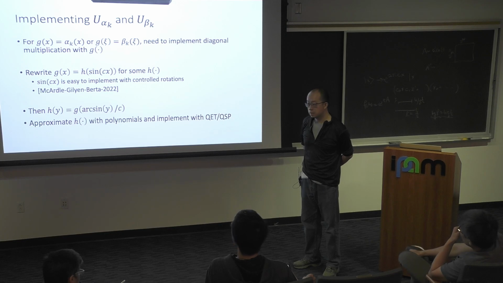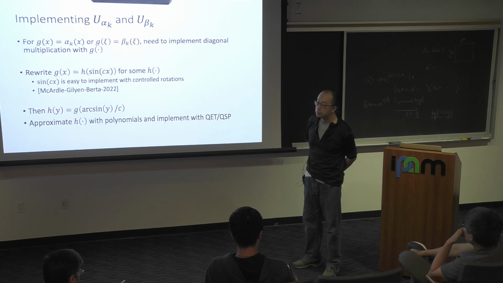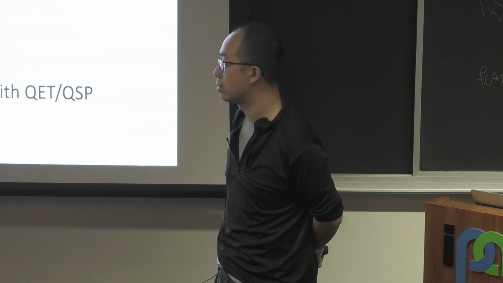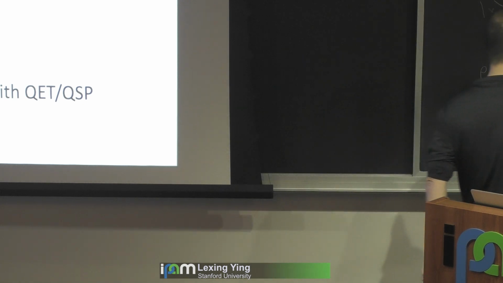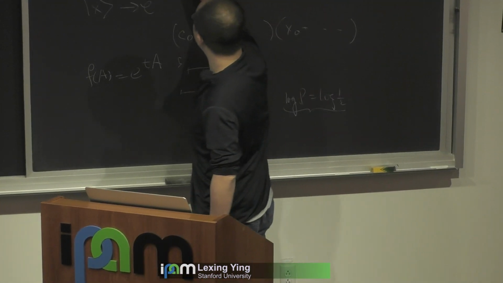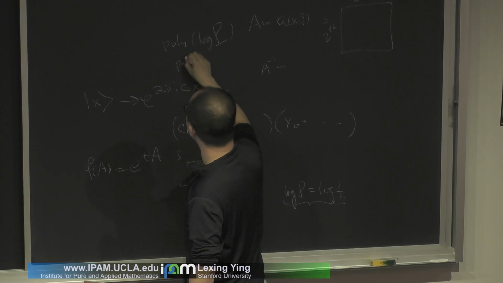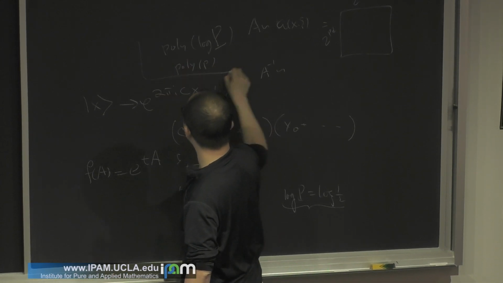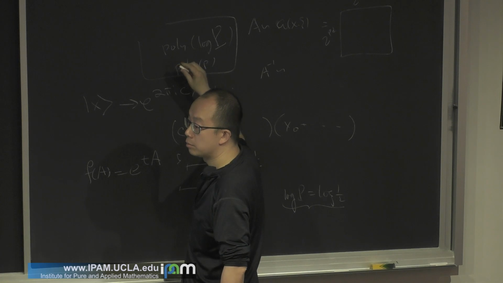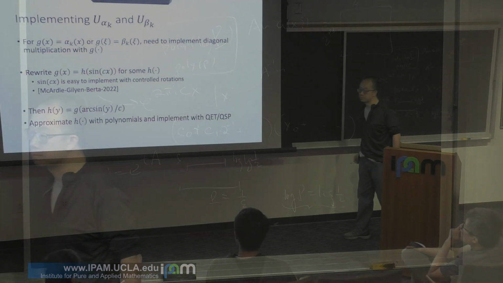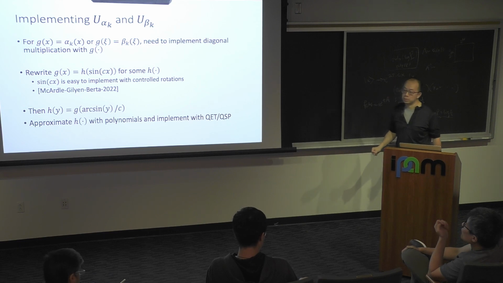That's why I was saying that in certain special cases, you can do it classically, fairly efficiently, in time which is poly log capital P, so polynomial in lowercase p. This you can do classically. That's what I was referring to. But that's only special cases, very rare cases, not for general pseudo-differential operators.